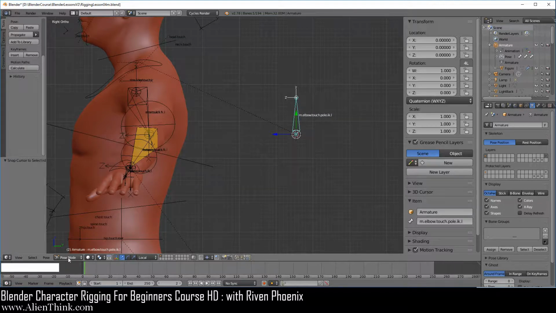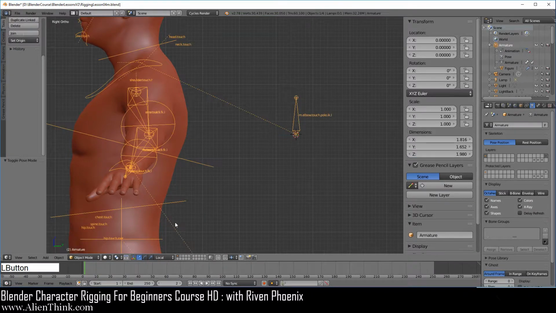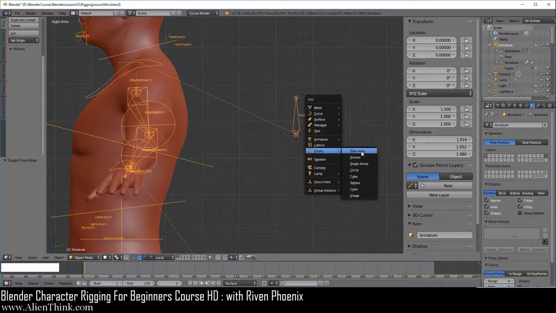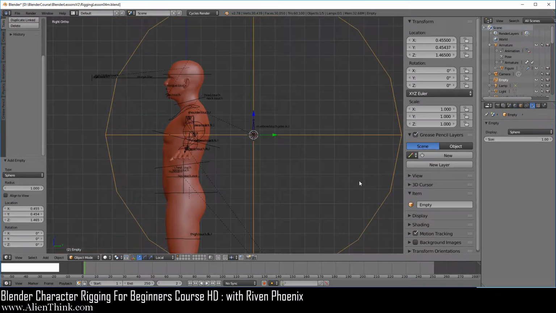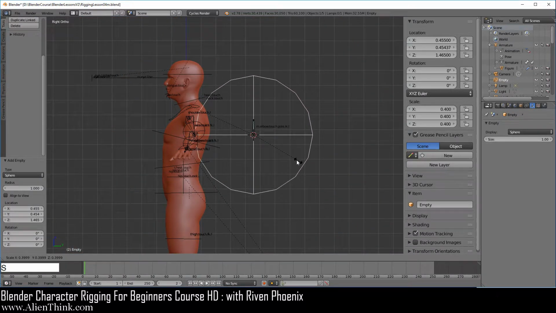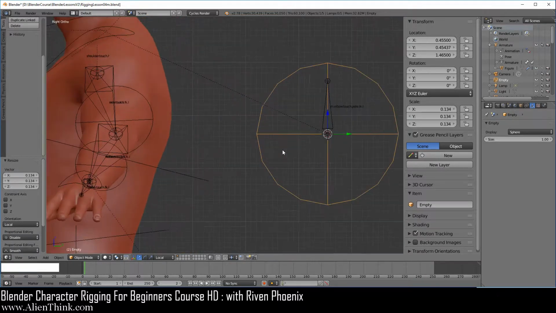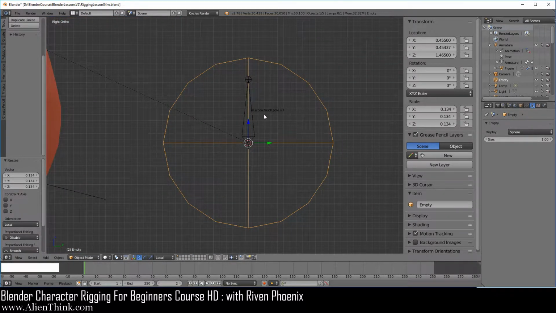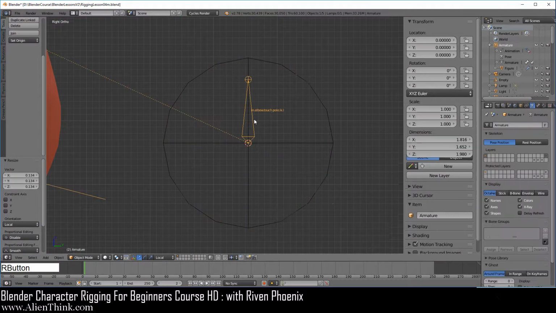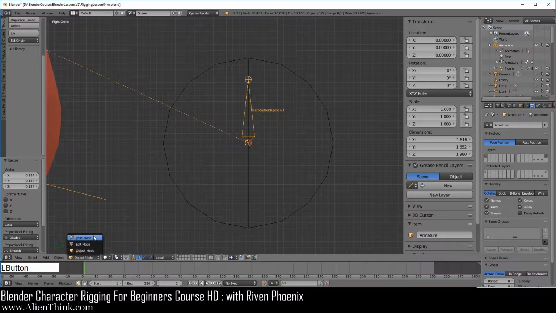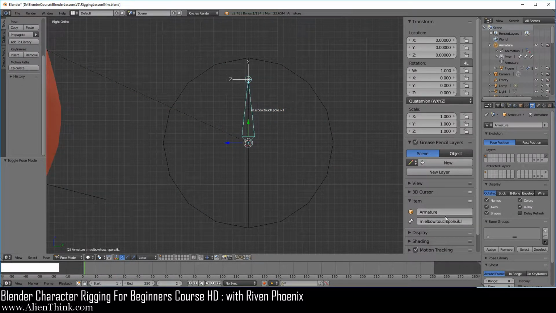Now here we want to add an empty, so we know we have to switch to object mode and do Shift A so we can get to this menu. And here I'm just going to add a sphere, and of course you can zoom out. You want to press the S key to scale this in quite a bit. Go ahead and zoom in. Now here what we want to do is click over here on this bone, switch to pose mode, and here I'm just going to hover the mouse and do Control C to copy this.